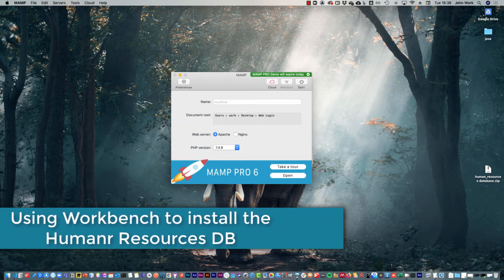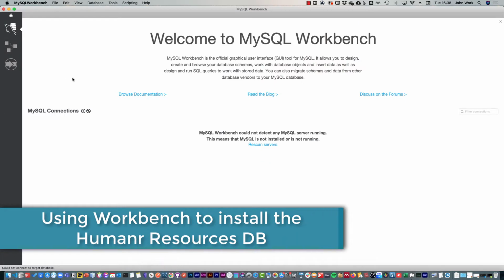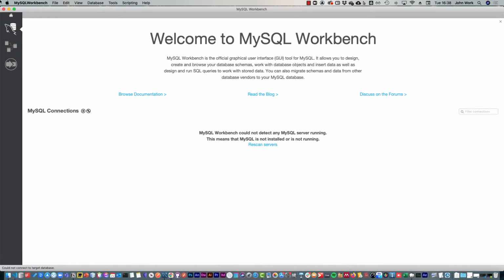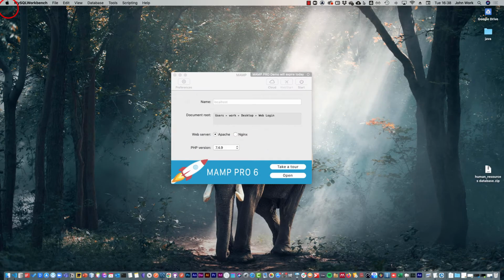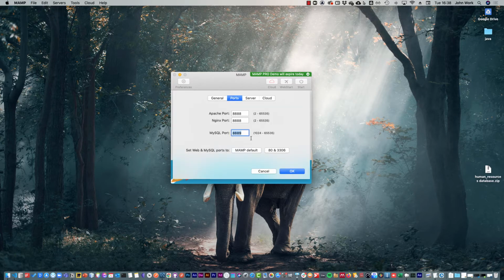So once you have downloaded Workbench, you should be able to create a connection, right? And in order to create a connection, there's a couple of things you need to make sure of. So your XAMPP or your MAMP needs to be started, and you need to have the correct credentials and the IP address and port. So on a Mac, the MySQL port is usually by default 8889,